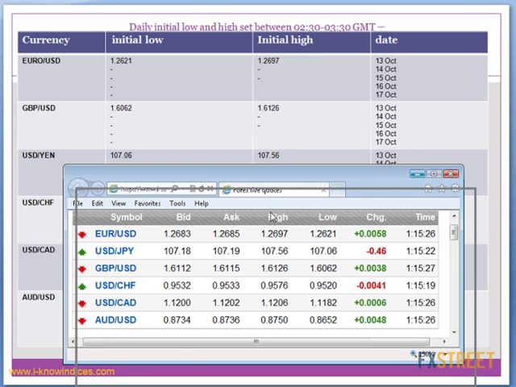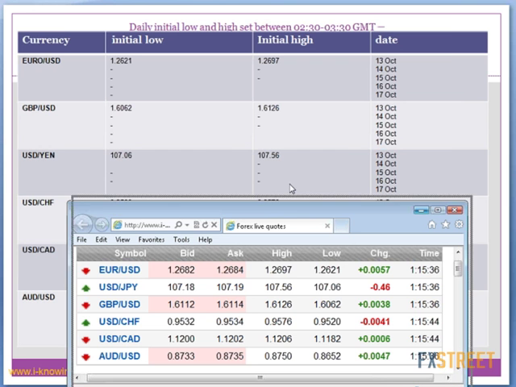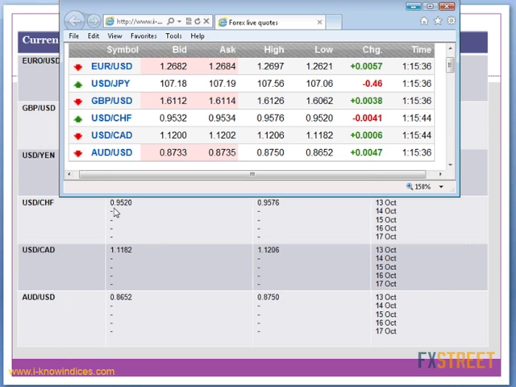Then in the case of GBP also 61.26 they formed the high, and they are not cut the high. Then USD yen 107.06 they formed the low, and then slowly they are gaining the levels. And CHF 95.20 they formed the low, and slowly they are gaining. And Canadian dollar, they are not breached the low or the high, but the range is very narrow. And Australian dollar, this is the only currency showing narrow range, and all other currencies they are made about 70 to 100 pips spread all along.